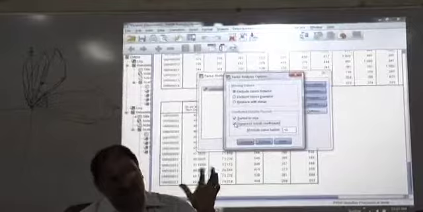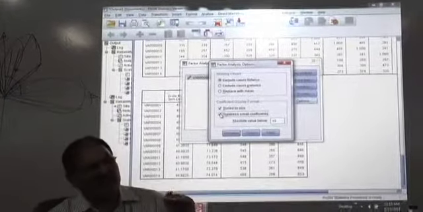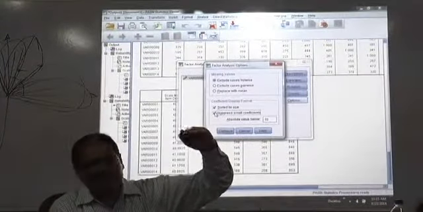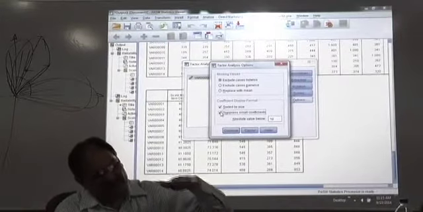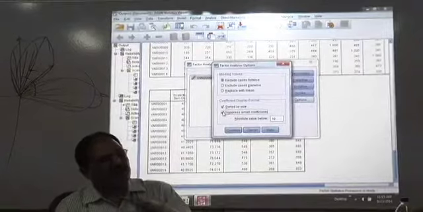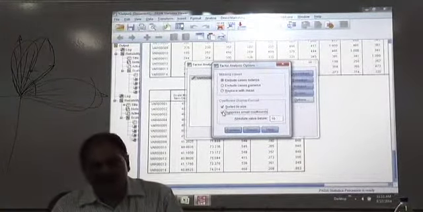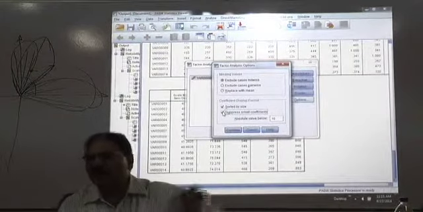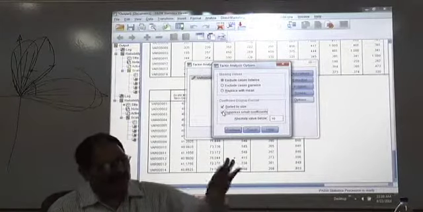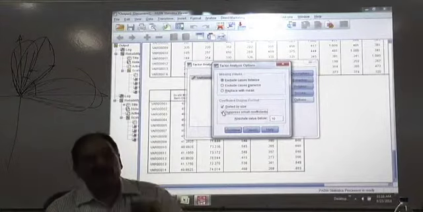Whatever statements have the highest loading on factor 1 would be the first few statements, and then statements which have the highest loading on factor 2 would be listed after that. Statements having the highest loading on factor 3 will be listed after that. That means there will be a proper pattern. So we are able to identify easily, without looking in detail, which items are loading on factor 1, which on factor 2, and which on factor 3.